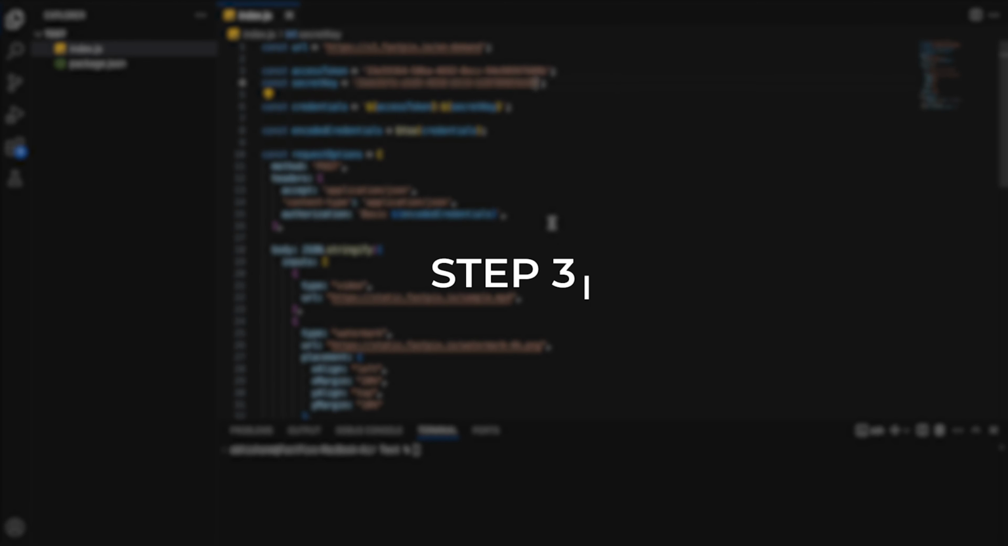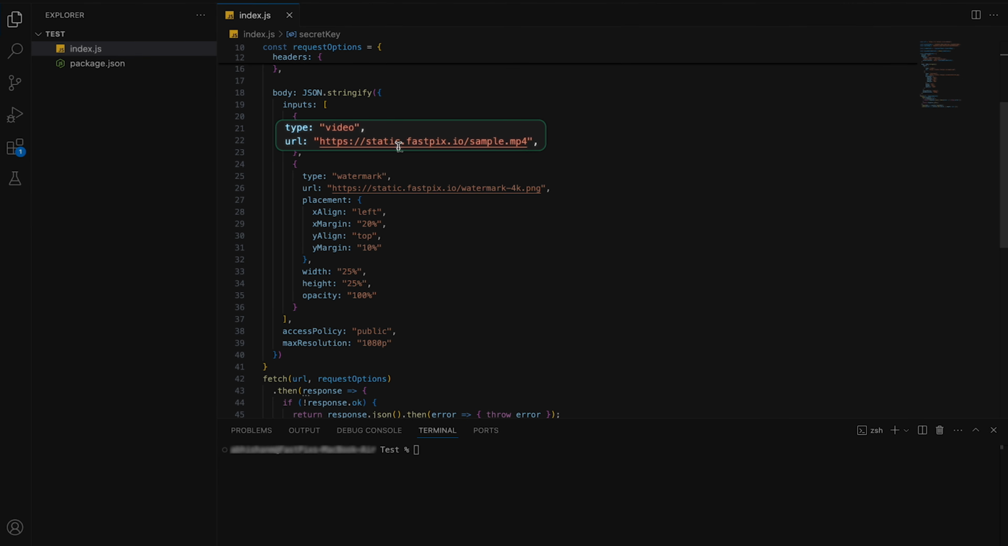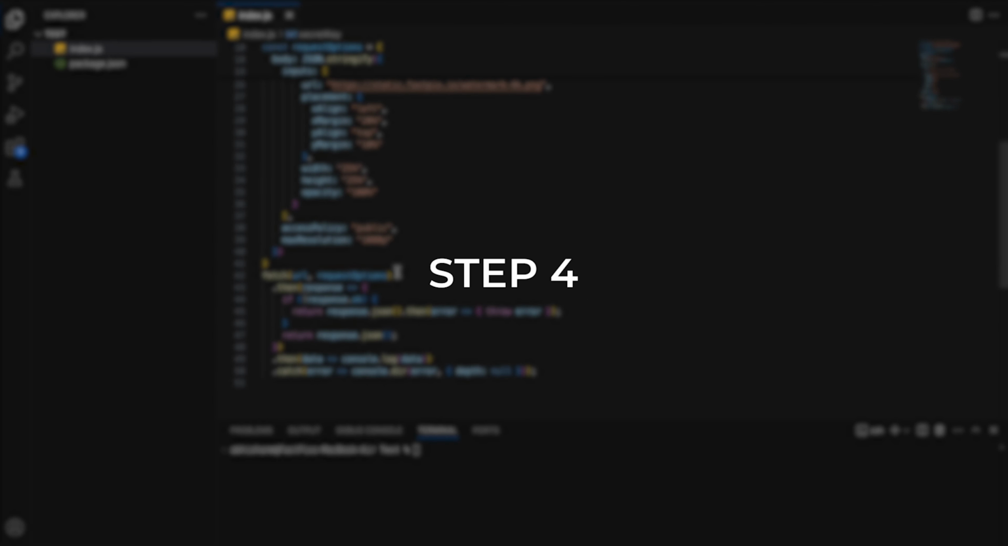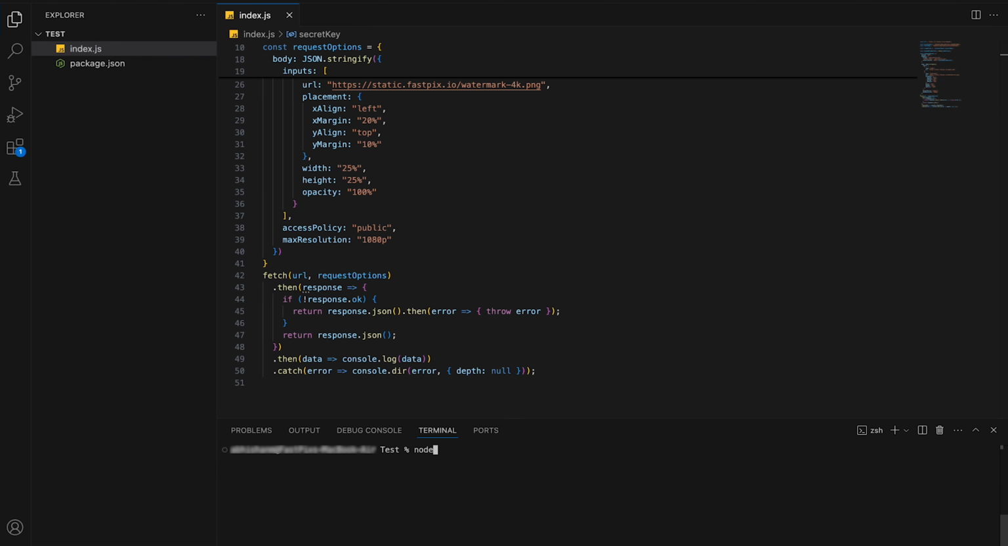Next step is simple. In your payload, define your video URL as the input and your watermark image as the overlay. You can customize placement with alignment settings like top left or center, and adjust the size, margin, and opacity to match your branding. 4th step, once your payload is ready, fire off a post request to FastPix and we